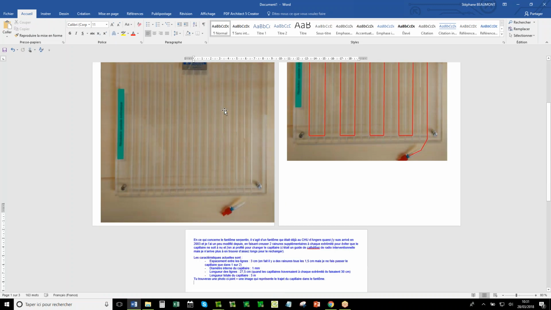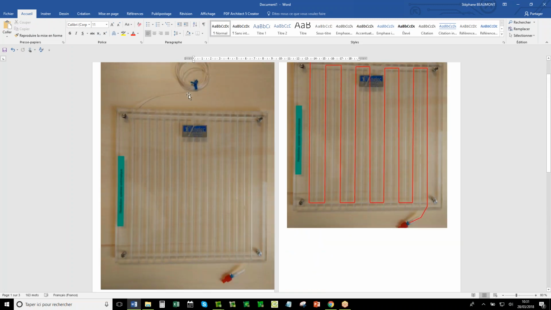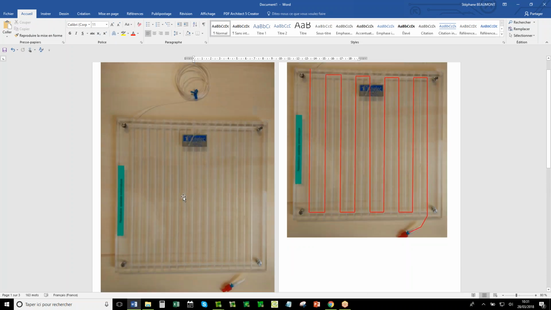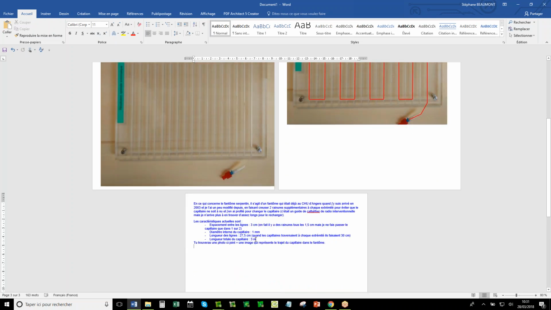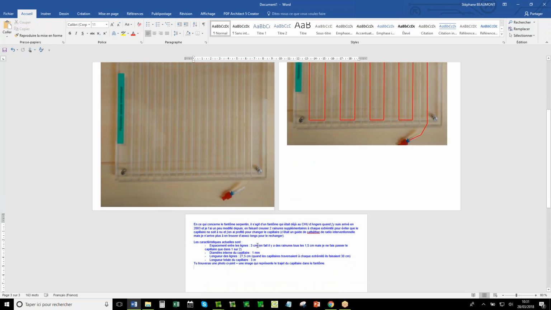Excuse me, I wrote in an email 5 millimeter, but in fact the internal diameter is 1 millimeter, and you need 3 meters if you want to do the same.